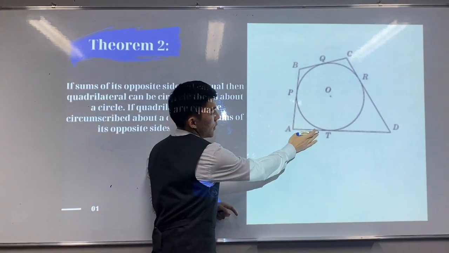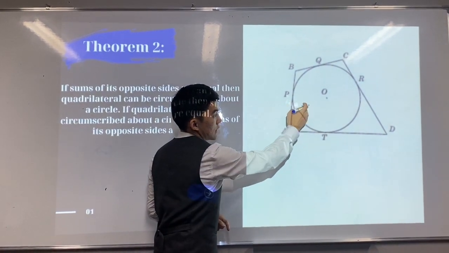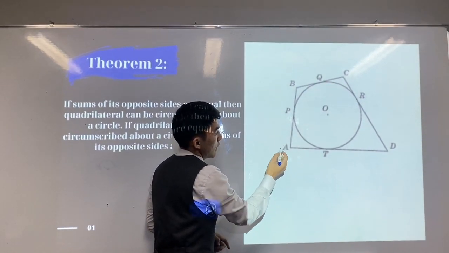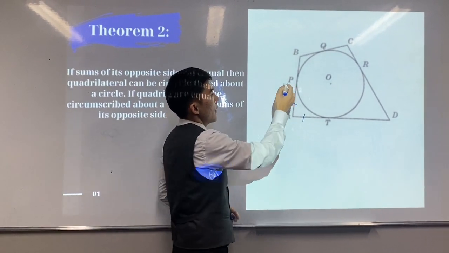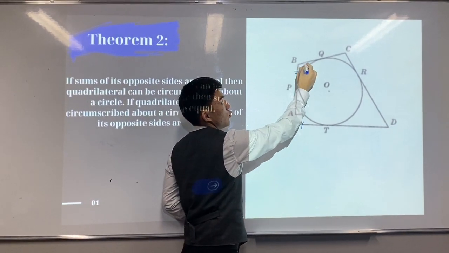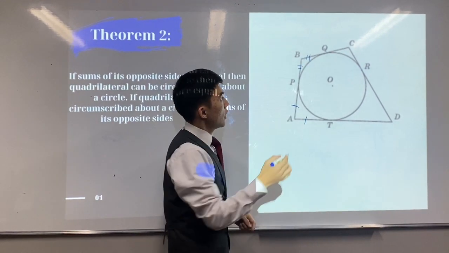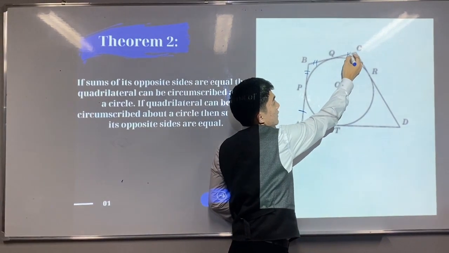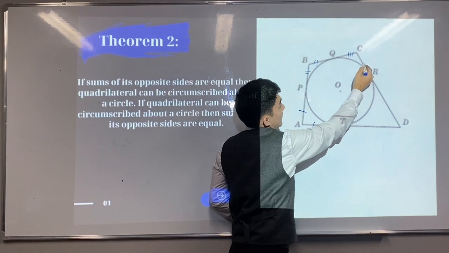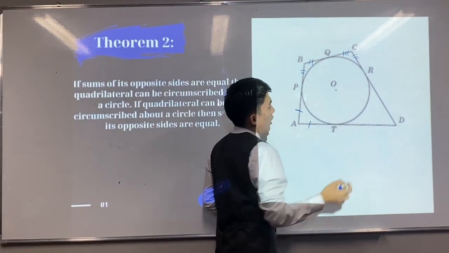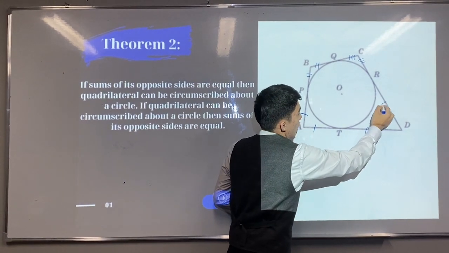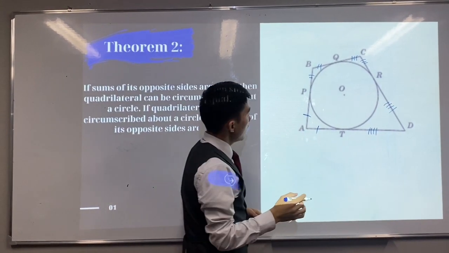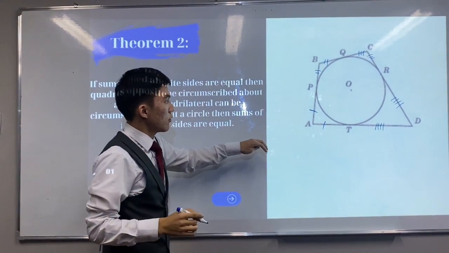AP and AT are tangent to the circle, so AP equals AT, and likewise BP equals BQ, QC equals CR, and TD equals RD. Then we can write it like this: